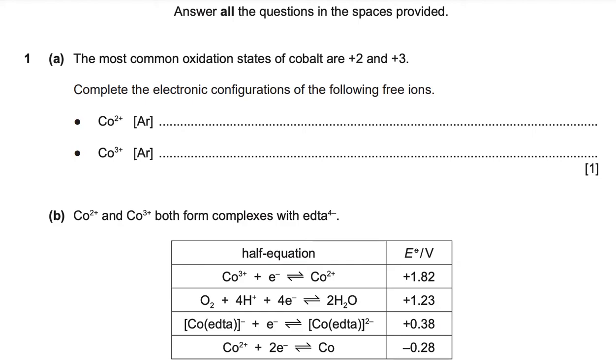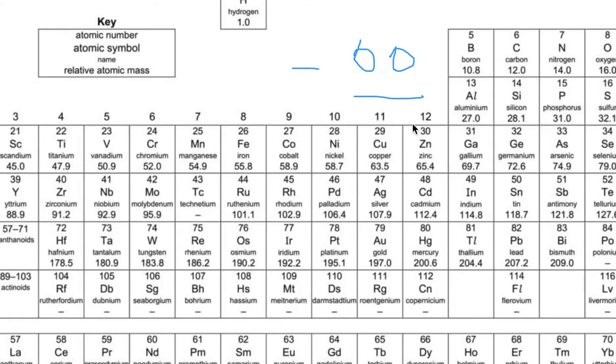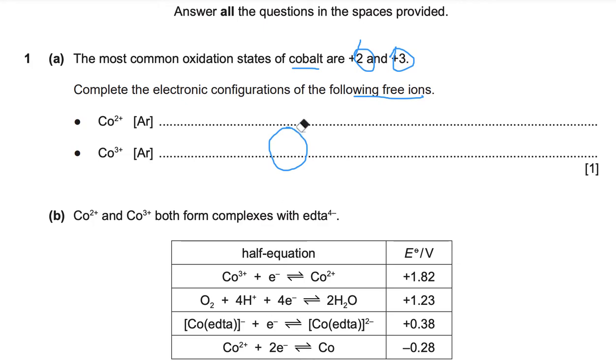And now the first question over here, it says the most common oxidation states of cobalt are +2 and +3. Complete the electronic configuration of the following free ions. Now we know that the atomic number for cobalt is, can you spot cobalt over here? Okay, so cobalt is 27, right? So what we do is we erase this, and